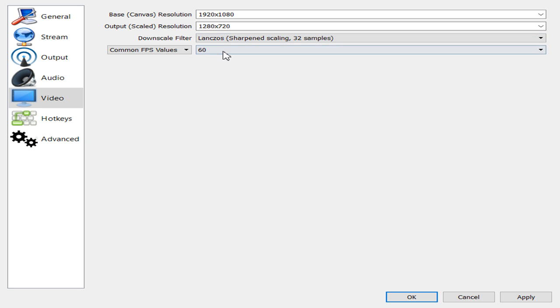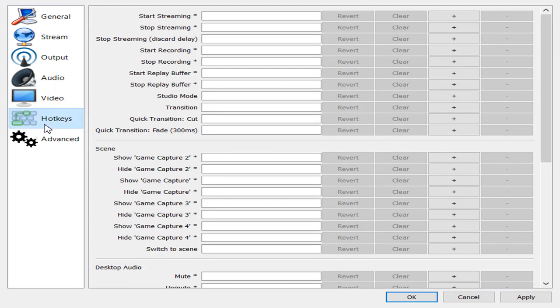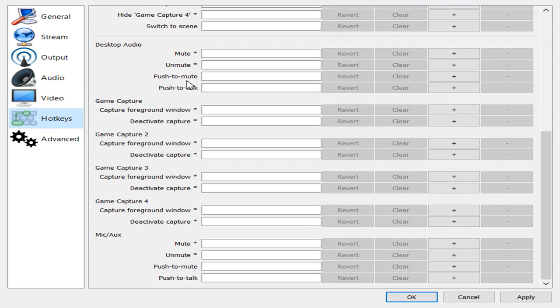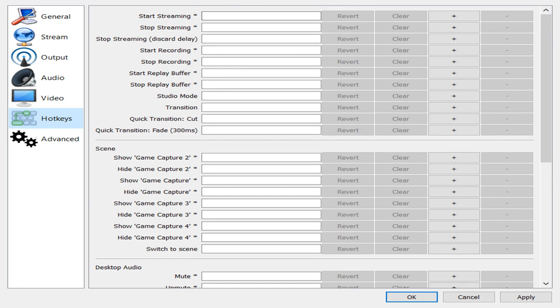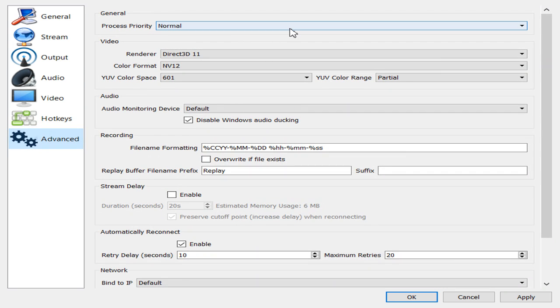I have it set at this. And the FPS doesn't actually really affect the way it records, so I just have it set at 60. And if it drops, it drops, and it'll be fine. Now, the hotkeys, I don't have any hotkeys set, but you guys can set hotkeys if you would like. Now, I prefer not to set hotkeys because I actually like to push the button on the thing type of guy. If you go to the advanced, the process priority, you can have it set as high,